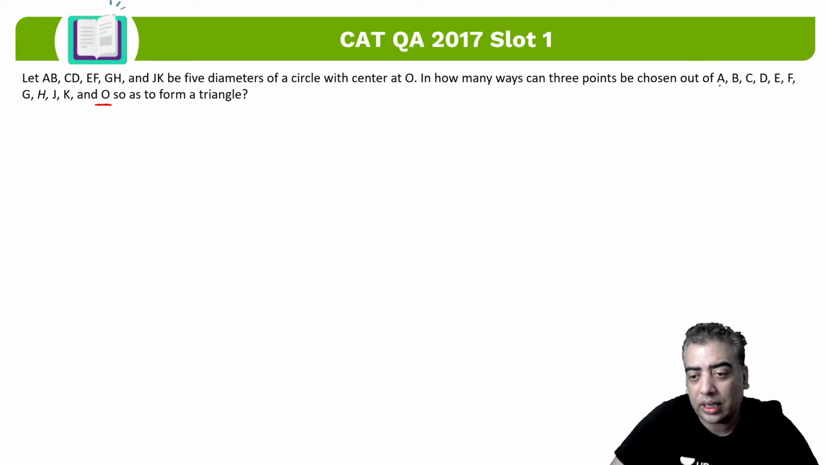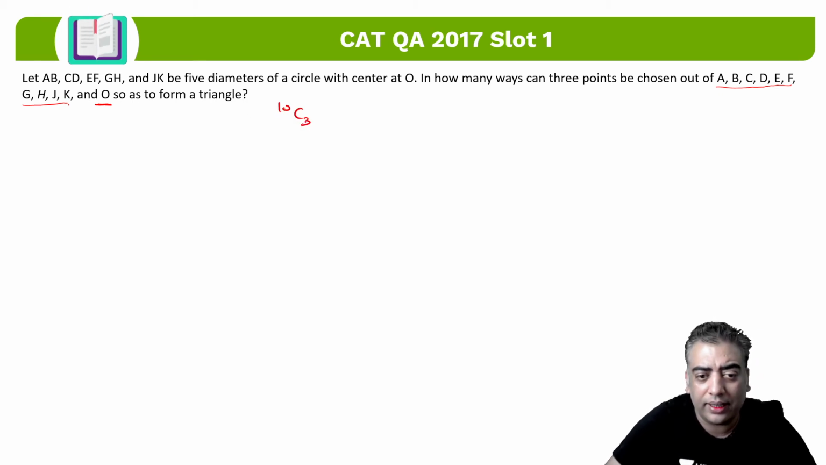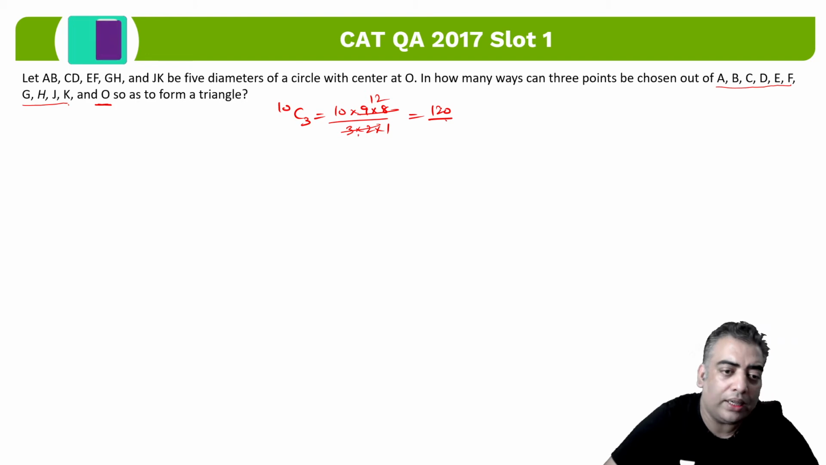If I want to make a triangle using these 10 points on the circle, we all know it can be done in 10C3 ways, which is 10 into 9 into 8 upon 3 into 2 into 1. 8 into 9 is 72, which gets cancelled out with 6 by 12, so it comes out to be 120 triangles possible. But when you consider